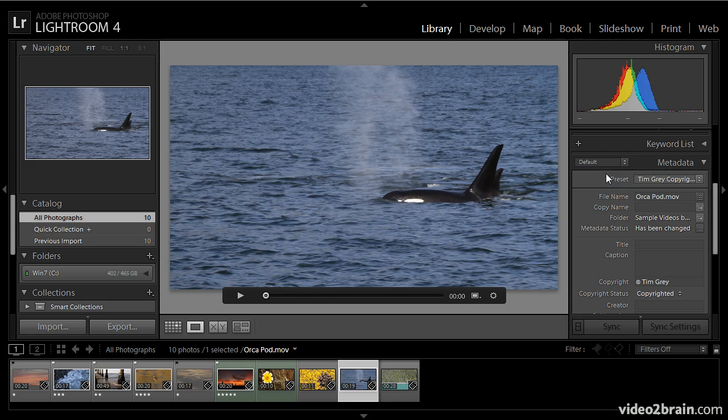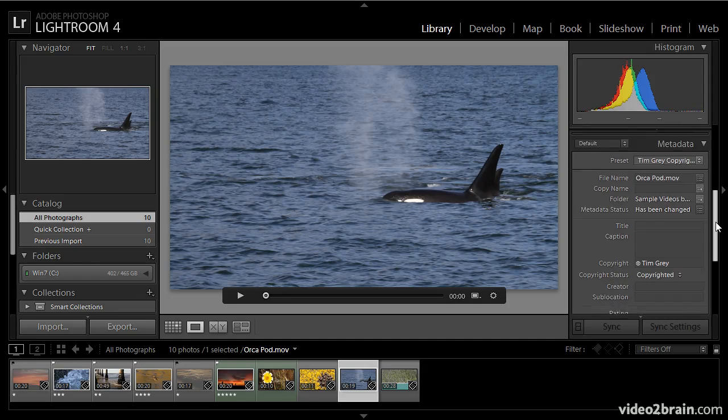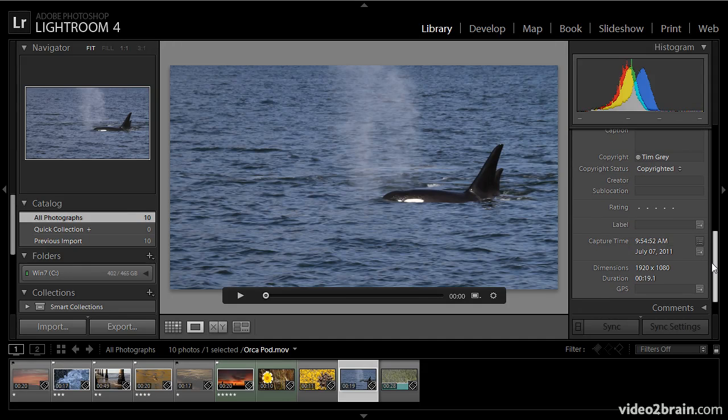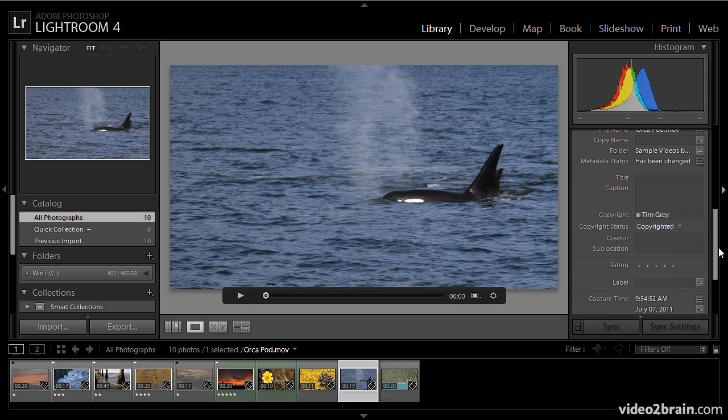Working with metadata is quite simple. Some values will be read-only, meaning that you can't actually change them. I can't change the dimensions of the video itself, for example, without actually exporting and re-rendering the video, but some of the values can be updated. And so, for example, if I'd like to add a title to this video, I can click into the title field and then simply type a value. I'll press Enter or Return on the keyboard in order to apply that change, and that metadata is now stored